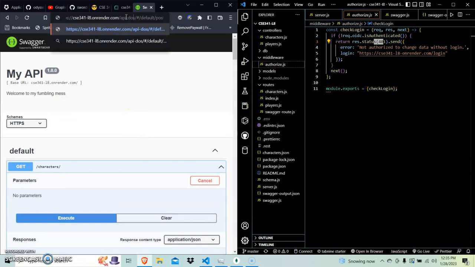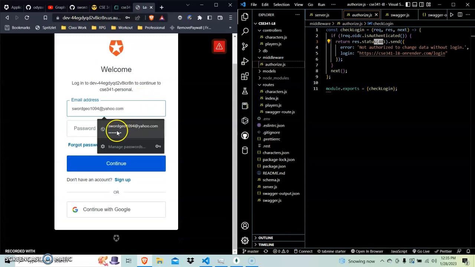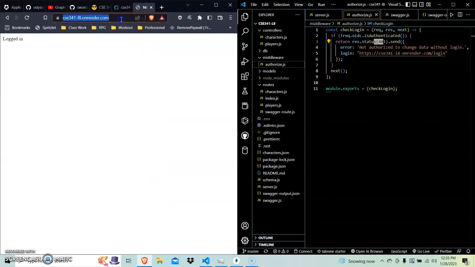So for that, we have our lovely OAuth to help us out. So when we go into login, I can either do an email and password, or I can sign up with Google. If I were to care, I would have made some other things, but for now this is fine and good as it is. So now that we are logged in, and I go back in,